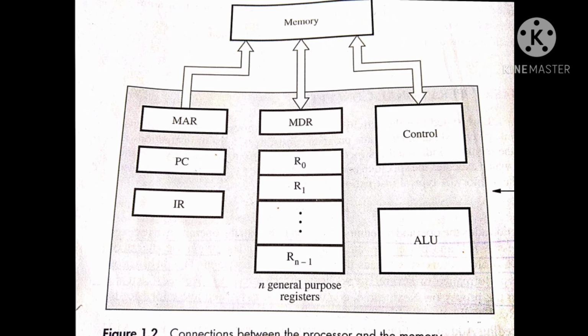So these operands need to be fetched from the memory or from the general purpose register. This A and B and C are in what? In the memory, or they are in the general purpose register. If the operand is available in the memory, it has to be fetched by sending the address to the MAR and initiating a read signal. This is something that is very important. If the operand is available in the memory, how will it be fetched?